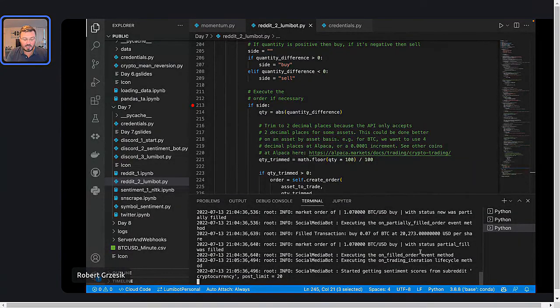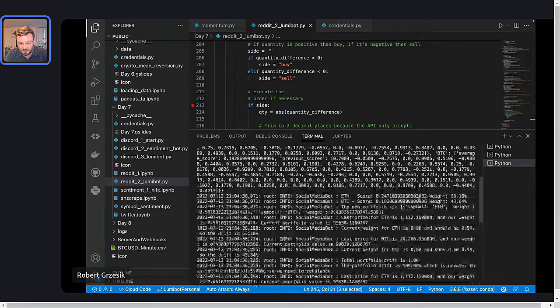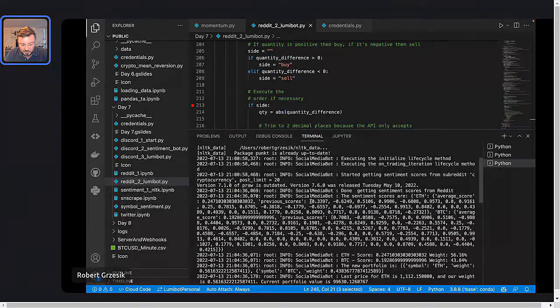This bot actually went through all this stuff. There's a lot of text to read here, but basically this is kind of the output that we got from reading all of Reddit, right? Here is Ethereum. Ethereum had an average score of 0.24, right? So mildly positive sentiment for Ethereum, right? It's a little hard to read, but here's Bitcoin. Bitcoin had a score of 0.19. So not as good as Ethereum, right?